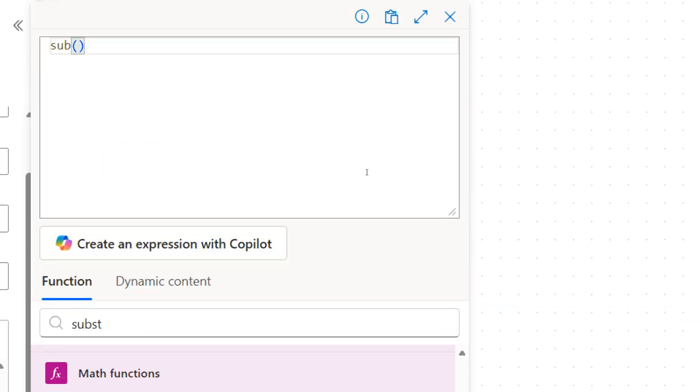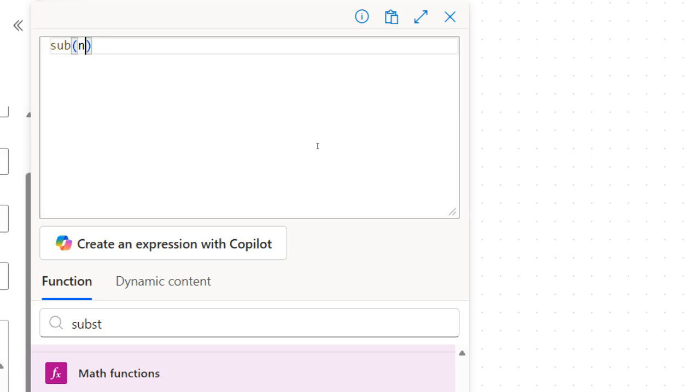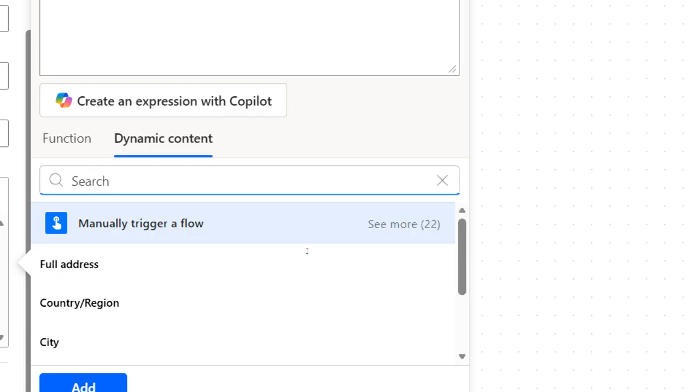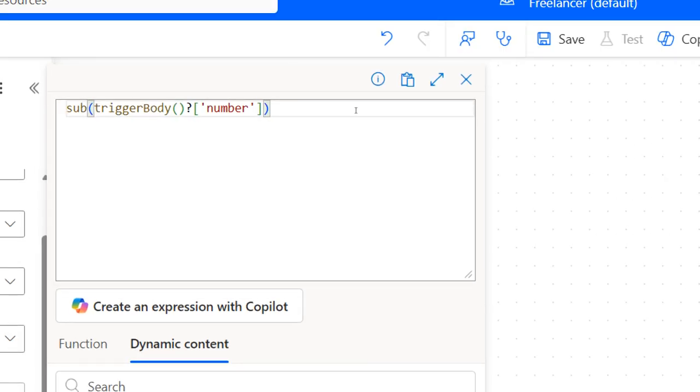So let us type. If you know this, you can type it. If you don't know this, it's available in the dynamic content. If you know this, just type it. NOM. You can see the nominated should be available if you know it. If you don't know this, no problem. Go to the dynamic content. Under the dynamic content, because before that the search box has to be closed. Under the dynamic content, see more, where I can see the nominated,